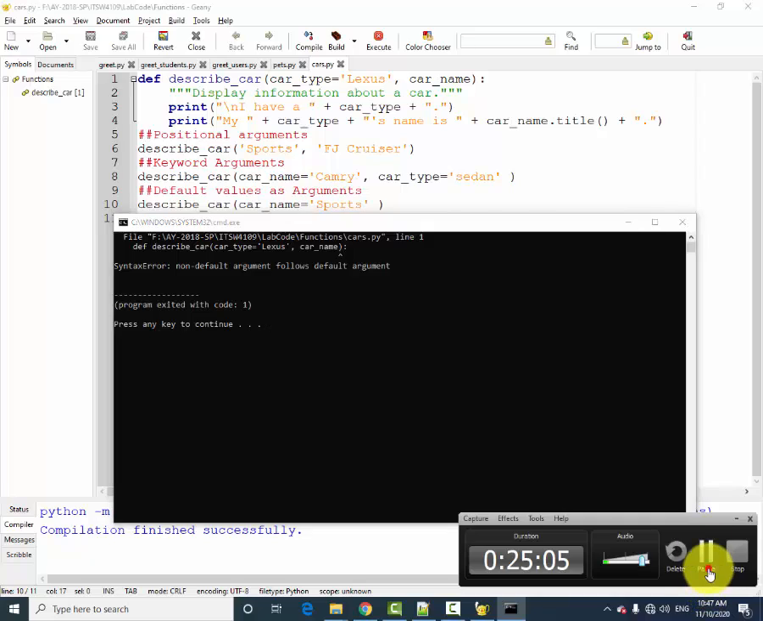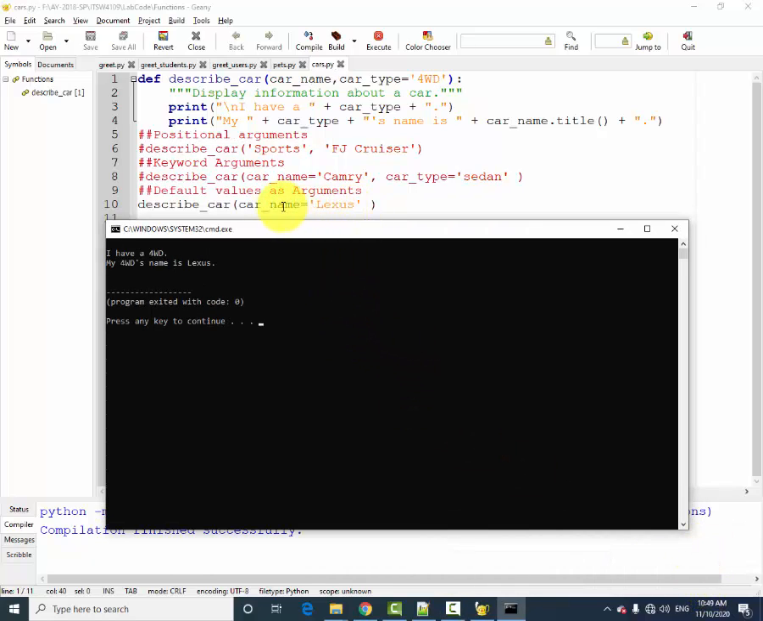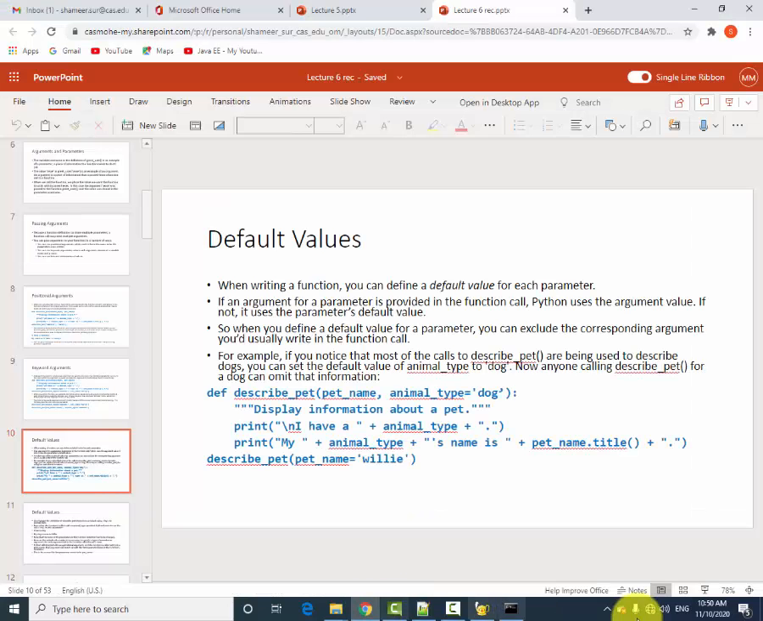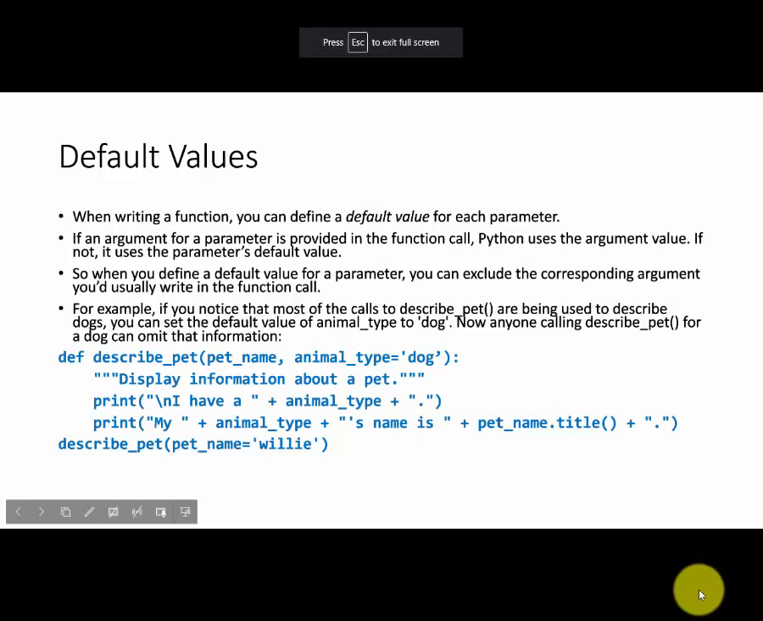let me correct this. Okay, so I have just changed the order here, positional arguments order. So I am passing the car name as Lexus, and by default I have assigned the car type is four-wheel drive. Okay, so these are the three different ways we can pass the